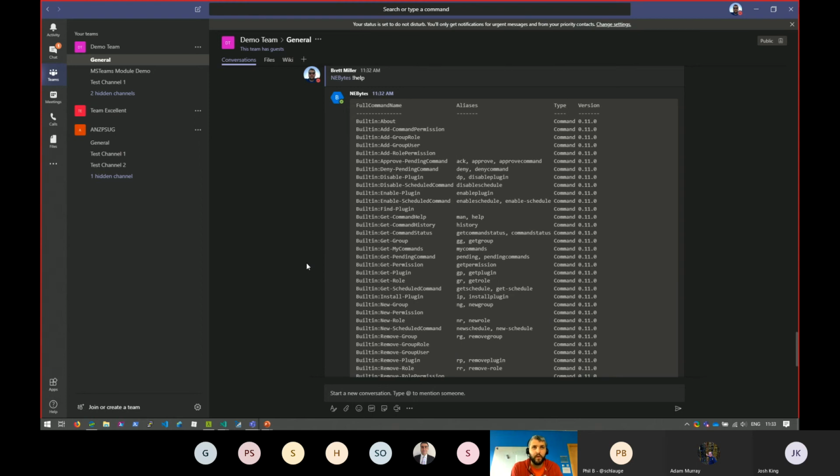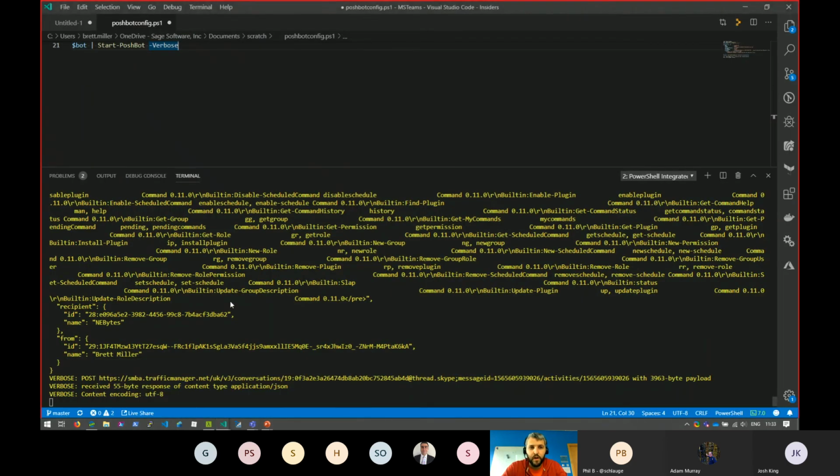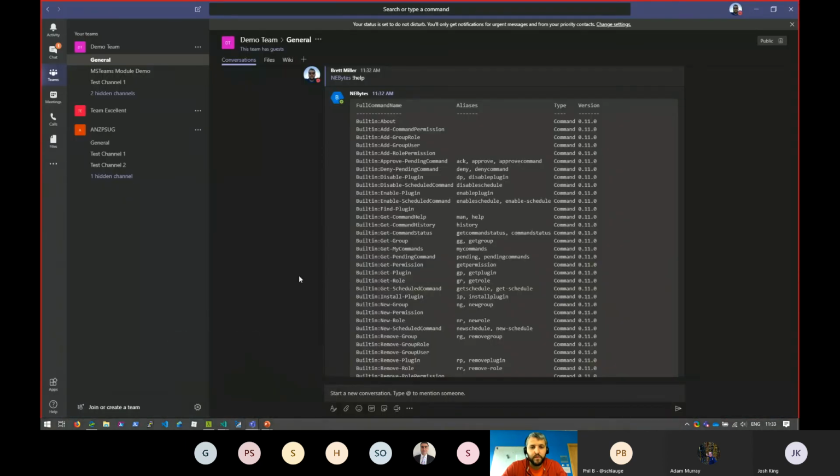So you build a bot, a standard HTTP webhook bot within Bot Framework. You link it to Teams. That then triggers an Azure function. The Azure function literally just accepts the message you send it from Teams and then puts it onto a message queue. Then the Pushbot config that you're running here reads off that message queue, actions it, and sends a reply back. So it sounds more complex than it is, but it's really a pretty simple setup.